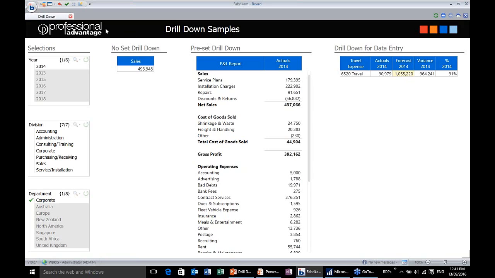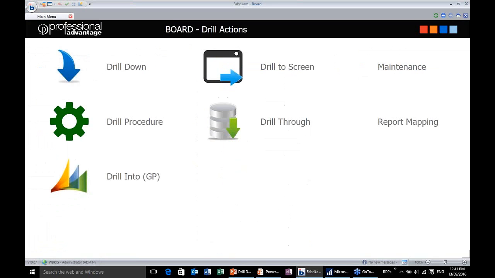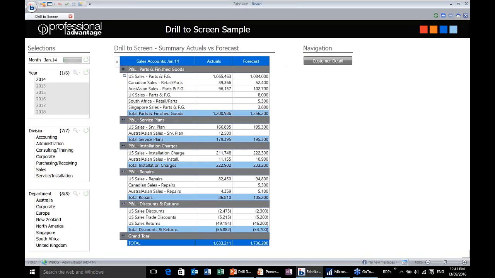Okay, so let's move back to the main screen. And we'll look at one of the other features, which is the drill to screen action. Drill to screen, as the name suggests, it's not a very complex name. It's there to allow you to move from one screen to another. So here I've got a simple